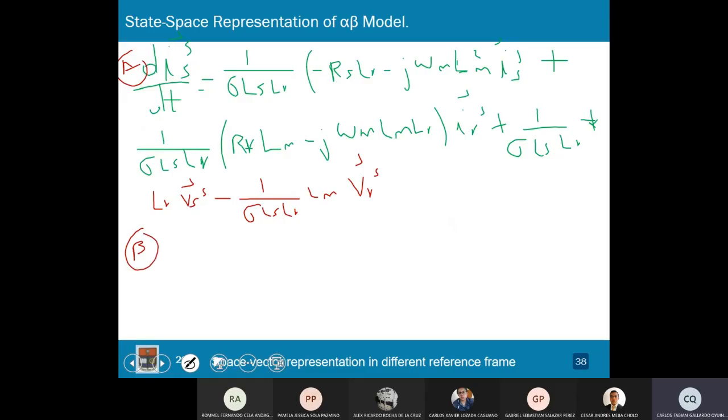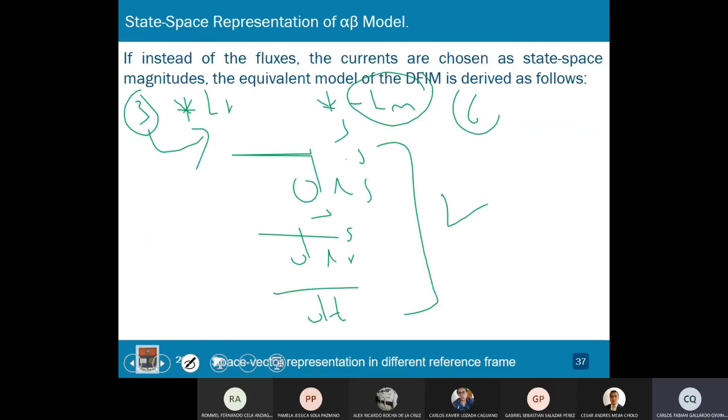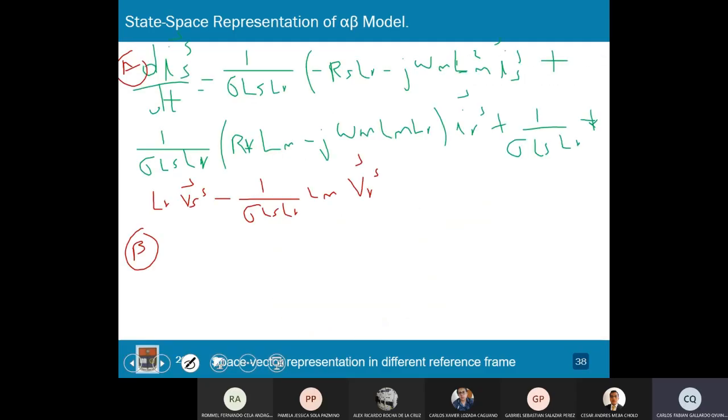Equation number B. So once again, solving these two equations, I will have my second equation, the derivative of the rotor current space vector. This is equal to 1 over the stator inductance, the rotor inductance, I will have the stator resistance, the magnetizing inductance plus J plus the speed times magnetizing inductance, stator inductance times